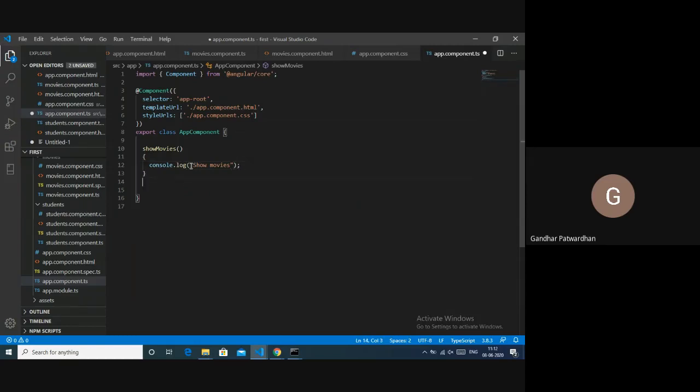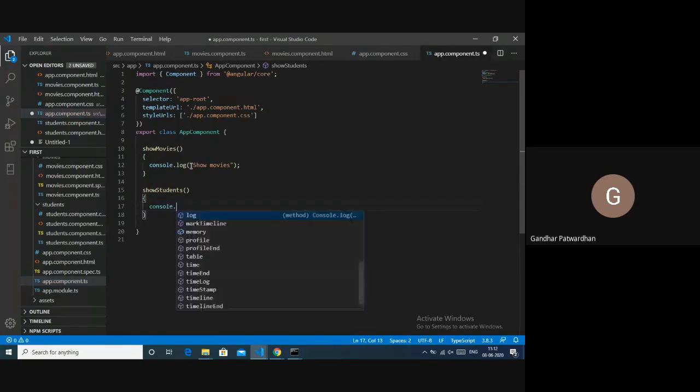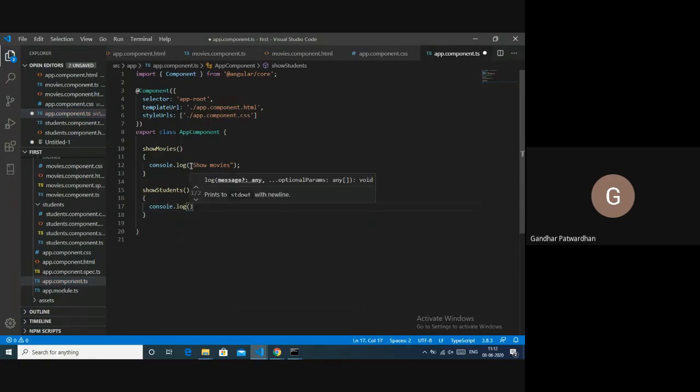In the same way, I'll create showStudents. This is a function, and here I would say console.log show students. So I have created two functions. One is showMovies, and the other one is showStudents.